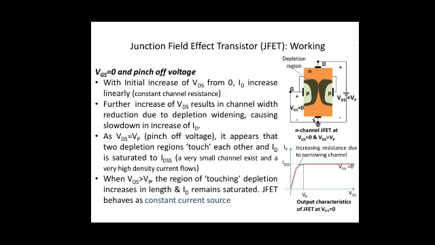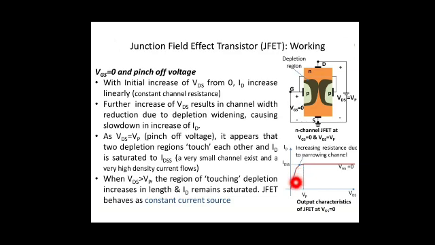So the voltage VDS at which the channel between drain and source becomes negligible is known as the pinch off voltage. Okay, so that is the thing. When pinch off occurs, you can see from this curve, up to this point,